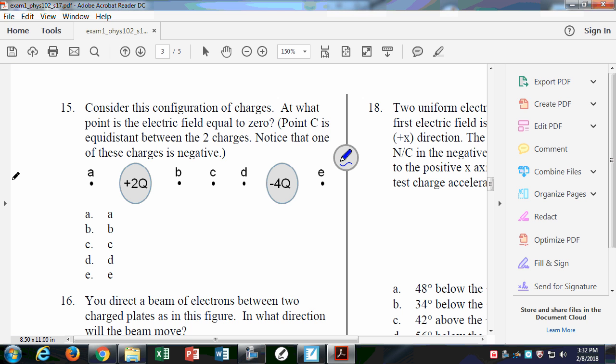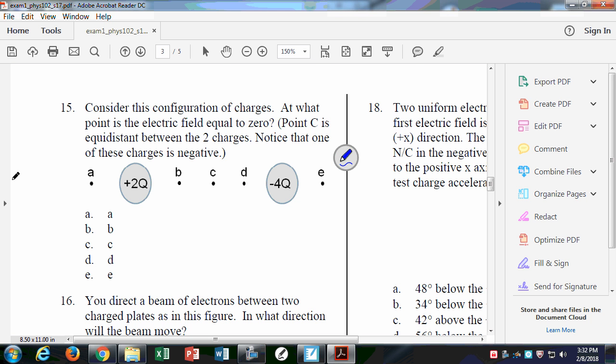So I have this configuration of charges, and we've done variations of this, where what is the field, or what is the potential, or whatever, at these various points. Which of these points has an electric field equal to 0? Now, if you just don't know right off, you just pick a point and start drawing vectors. And so, for example,